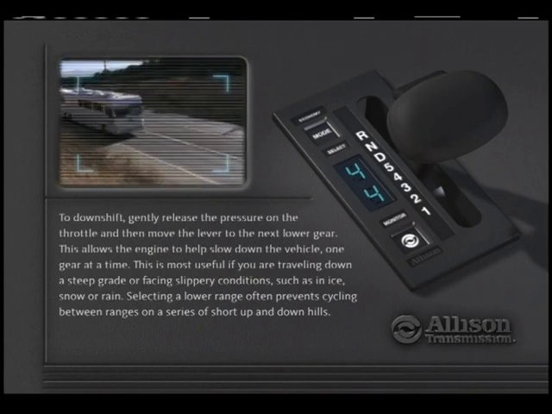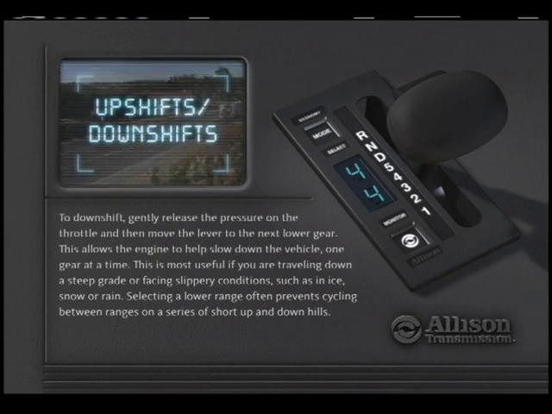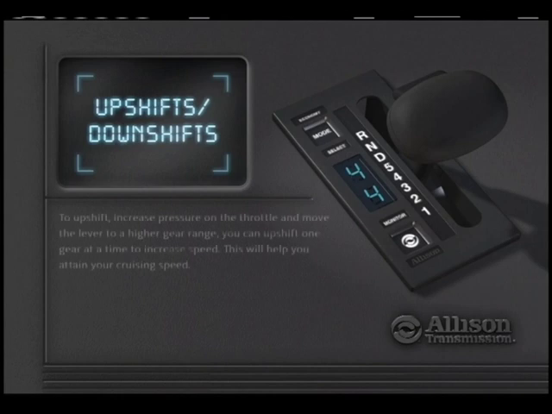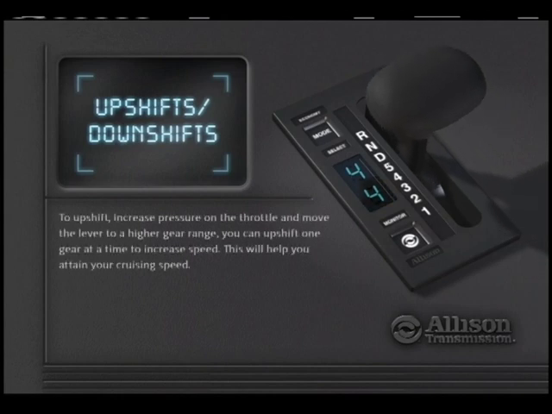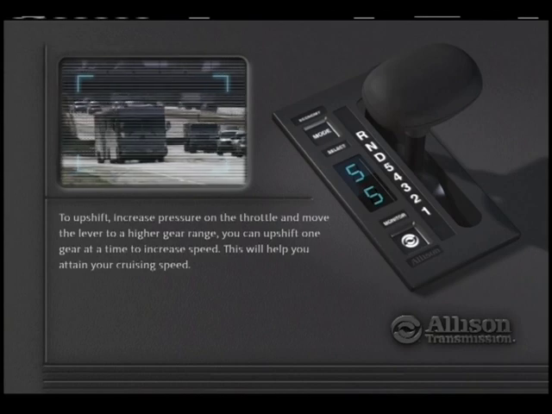To upshift, increase pressure on the throttle and move the lever to a higher gear range. You can upshift one gear at a time to increase speed. This will help you attain your cruising speed. Or you can move the lever to the drive position, and the transmission